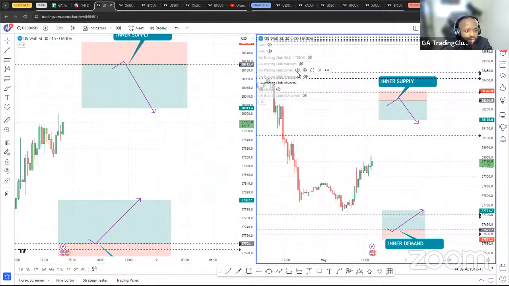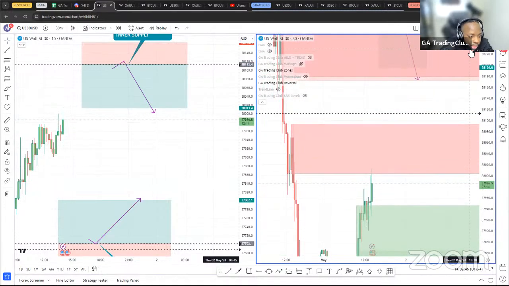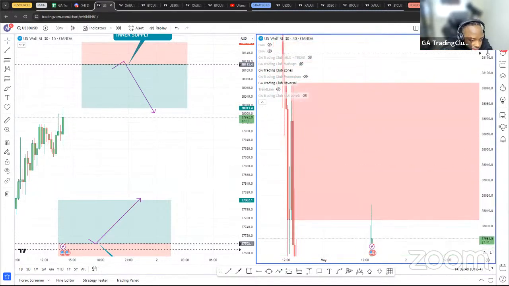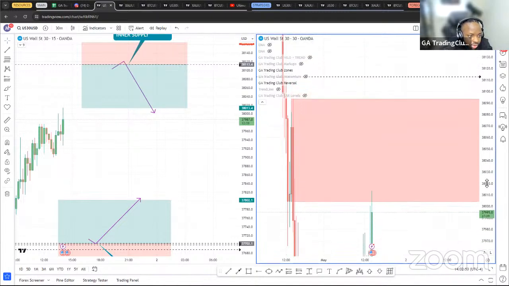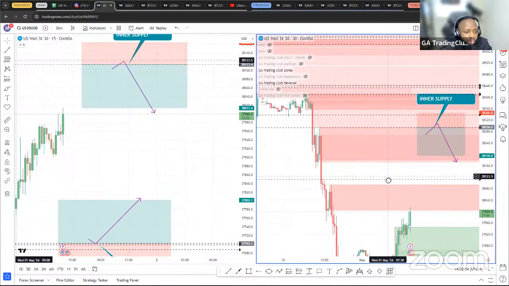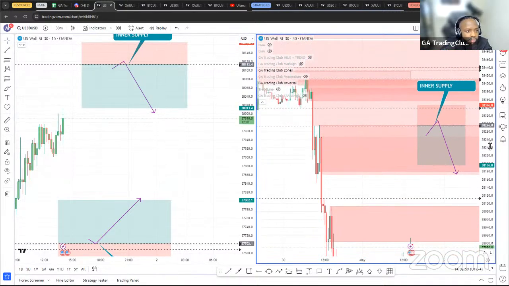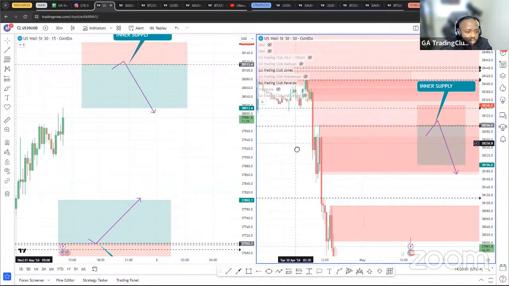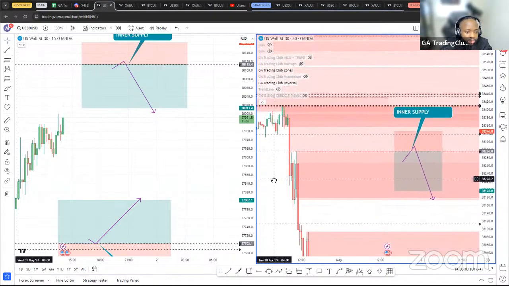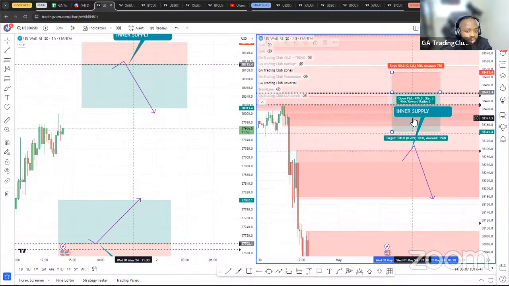For 30 minutes supply, let's see what we have here. How many candles is this zone based off? So this zone is based off of one candle. So forget about this US 30-minute supply. And here again, for the 30 minutes, we need to push this all the way up here. So the 30-minute supply on US 30 moves all the way to